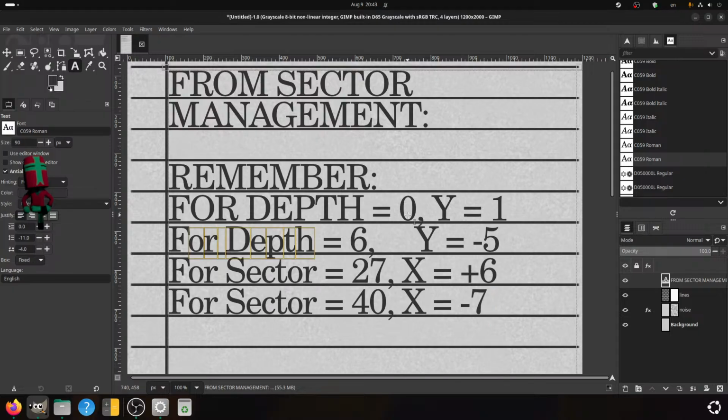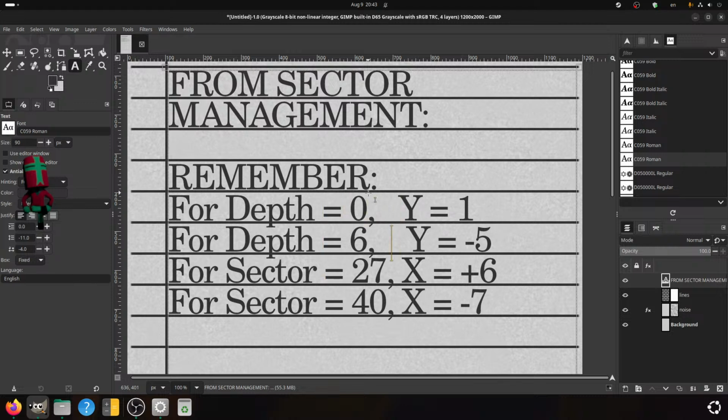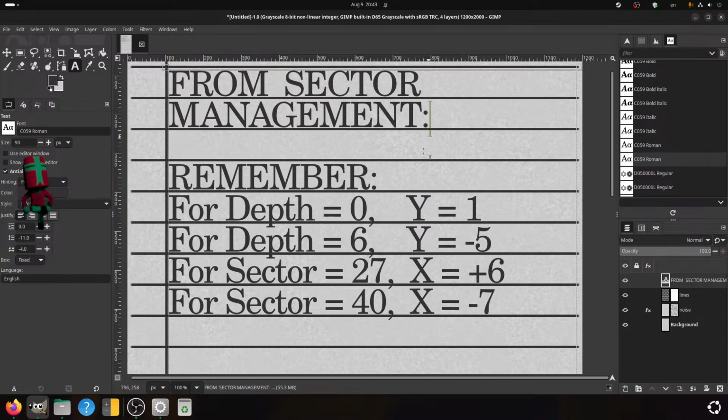Although, I suppose this makes more sense for depth. Sector management.